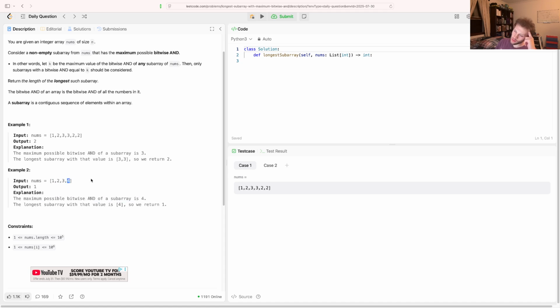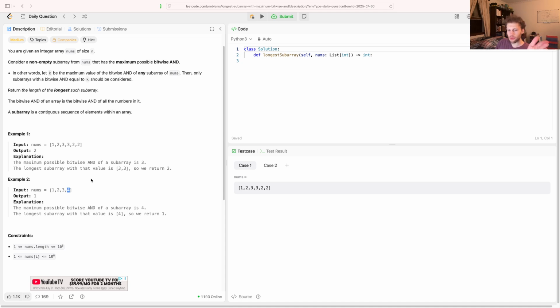Right, when you AND something, it only makes it worse, because you need both. By worse I mean it always makes it smaller. Because if you have 1001 and like 0110, this would turn into 0000. So why don't we just find the max value, find the frequency of the max value, and return it? Am I crazy for doing that? I may be missing something here, but